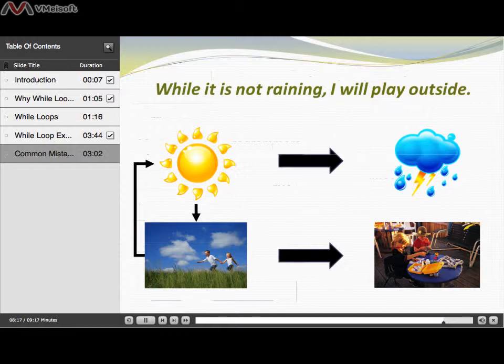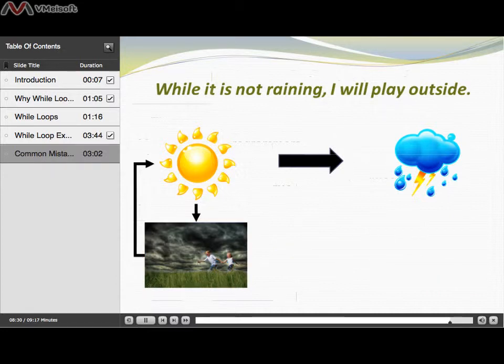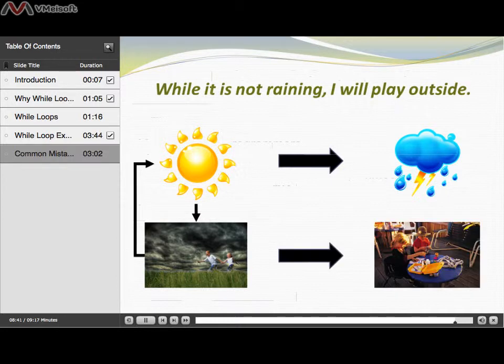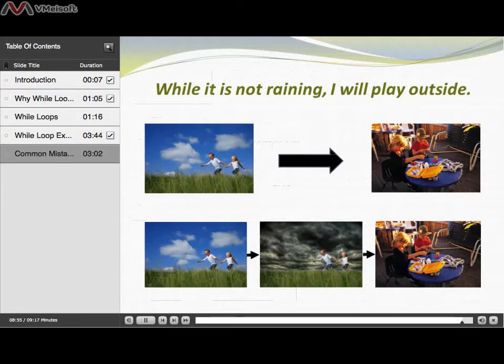MATLAB can only check that condition once. So what actually happens is that we are entering our loop. While we're playing outside, it starts raining. We actually continue to play outside in the rain until we finish our current iteration of playing outside. Then we check our condition again, and we ultimately then would move inside, and probably our parents would get angry at us because we're dripping water all over the carpet, right? So this difference between us interpreting an English language statement as soon as this condition becomes false, we have to do something. MATLAB instead doesn't check that condition until it reaches